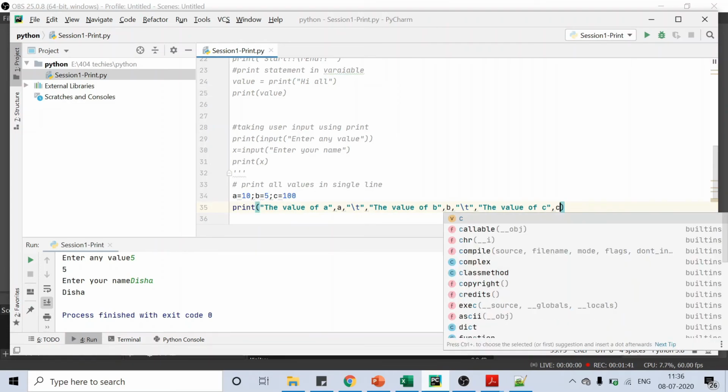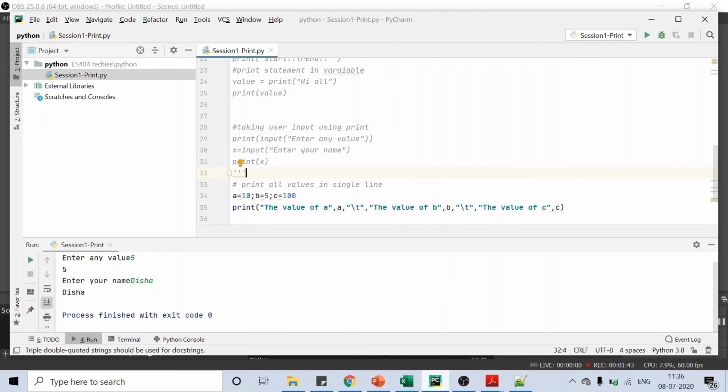What I am trying to do is print the value of a equal to 10, similarly the value of b, and I can say the value of a is, the value of b is.